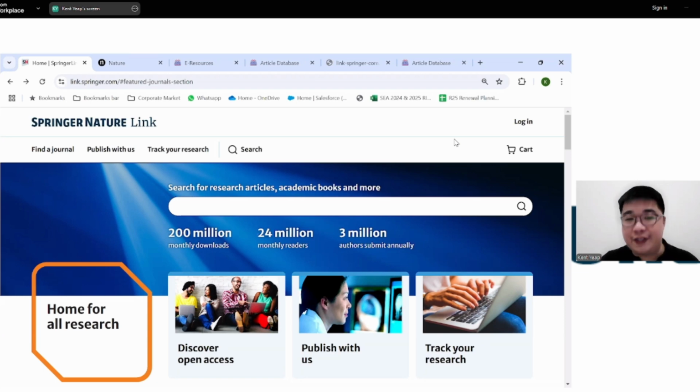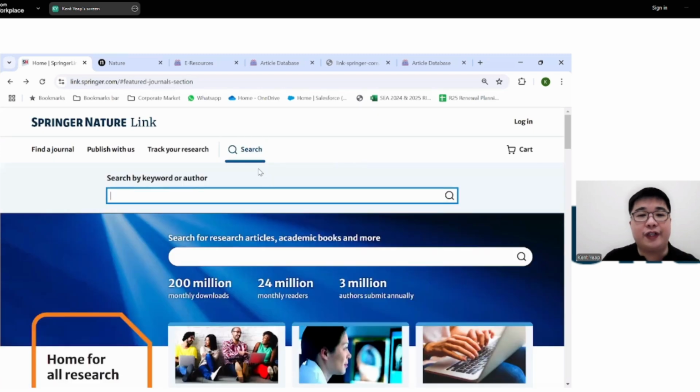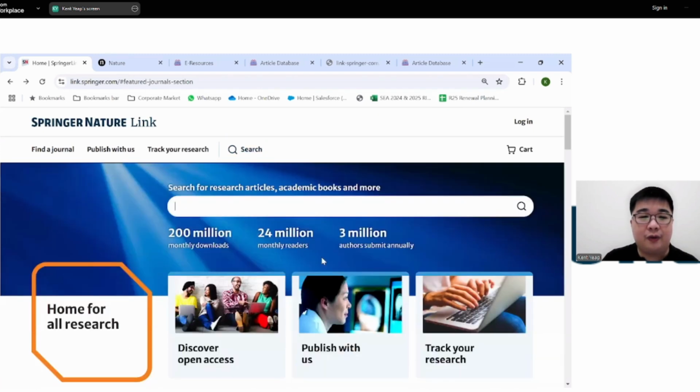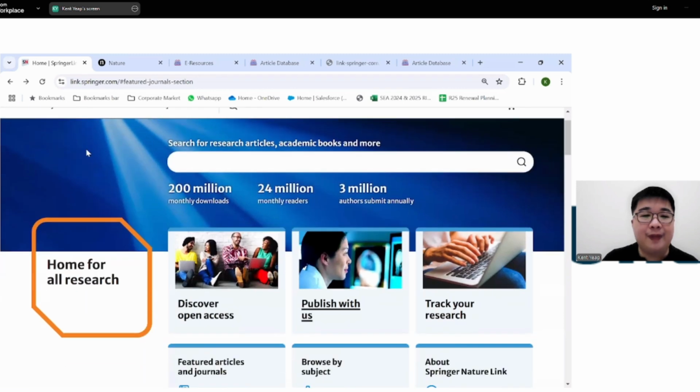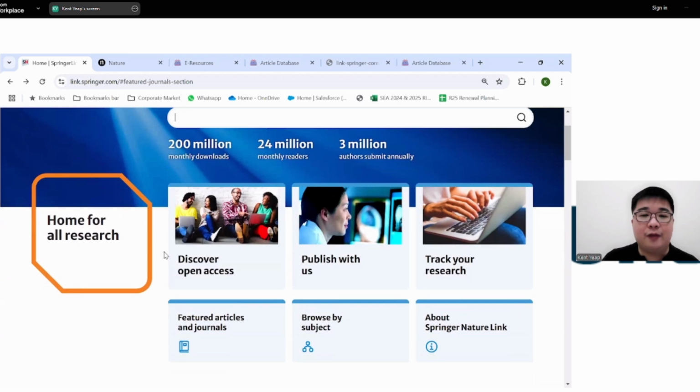So if you've visited Springer Link before, and now you're coming to Springer Nature Link, just be aware, it's actually the same platform, the same website. It's just that the homepage in particular looks a little bit different. And some of those additional functionalities I can then illustrate here. So still you have this universal search bar that you can search from here or via here. It's the same thing. The homepage has changed a little bit. Here we are now emphasizing a little bit more on things like open access and publishing.